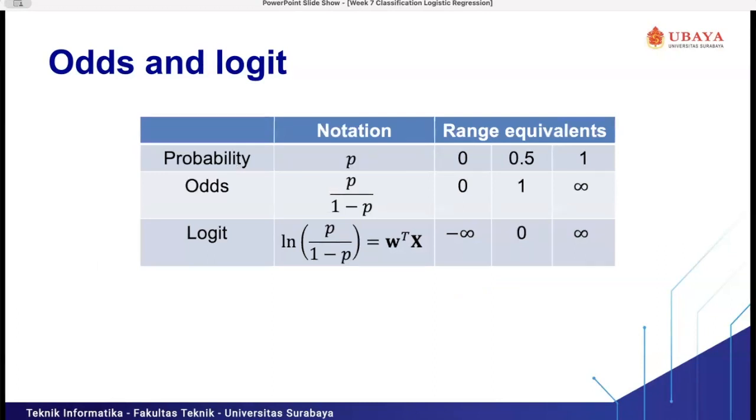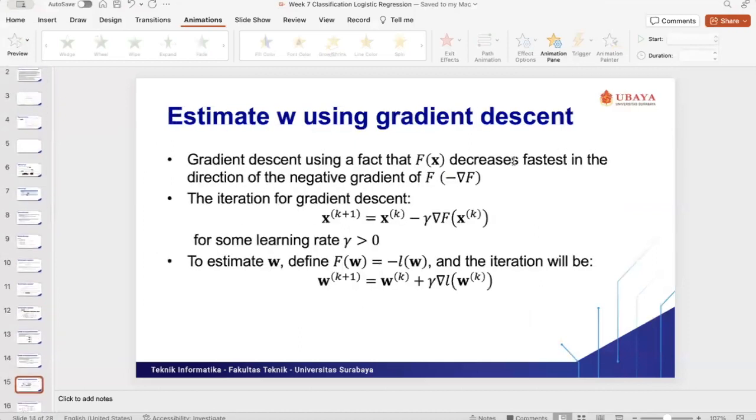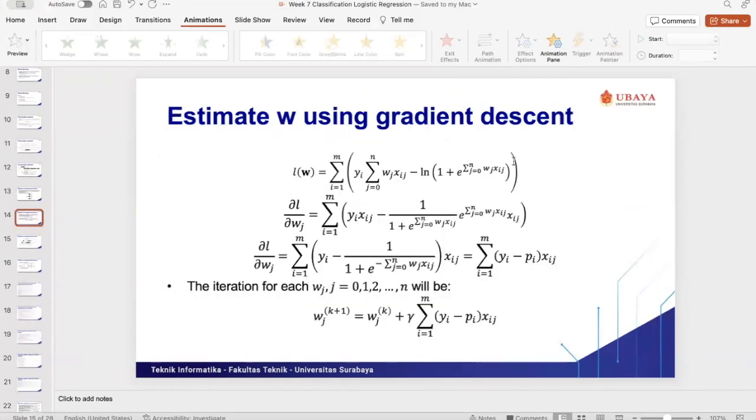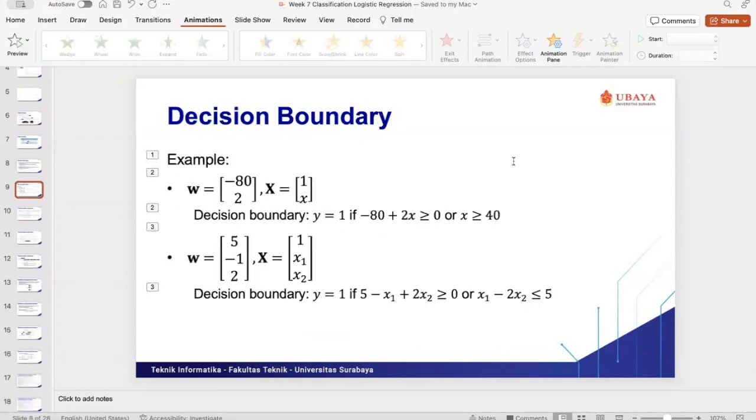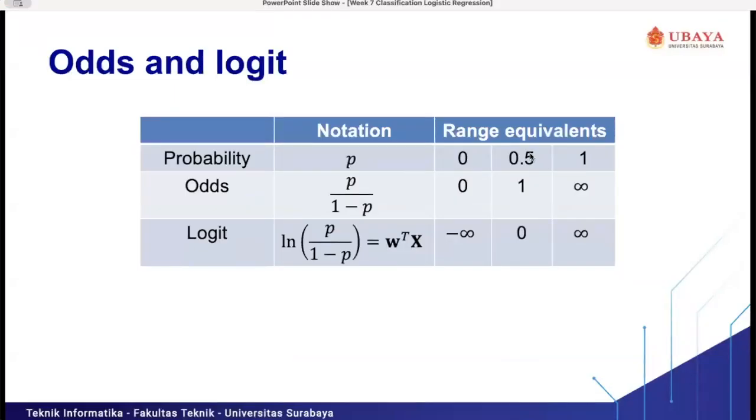So this is the comparison between the probability, odds, and logit. The probability, as you can see, has an output from 0 to 1, and we can choose the decision boundary.